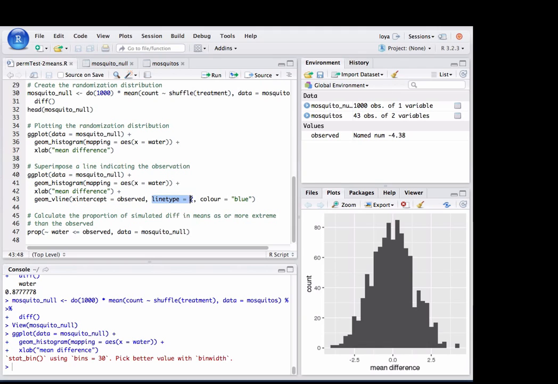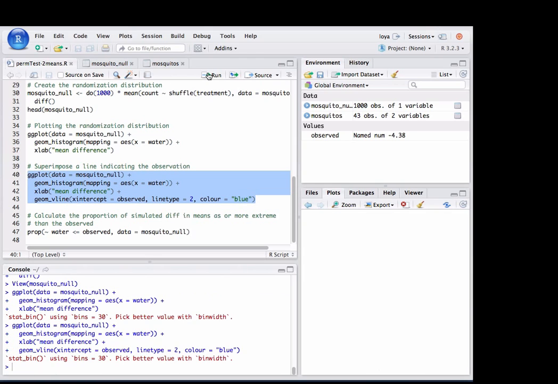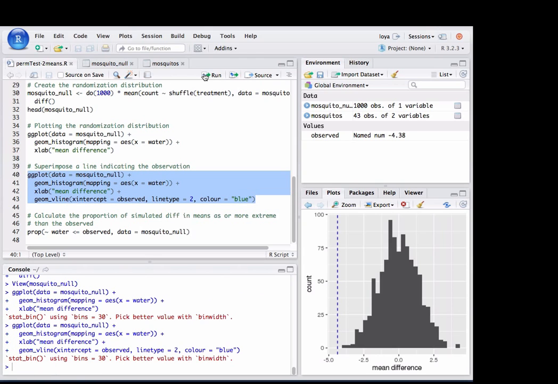Linetype equals 2 means a dashed line. And I'm going to change the color just so it pops out a little bit. Running this, I've added the observed difference in means there. So notice it's this vertical blue dashed line. And it looks like we don't have any observed differences in sample means that are that extremely negative or more extremely negative. And so if you actually want to calculate the proportion of that, well, you would use the function